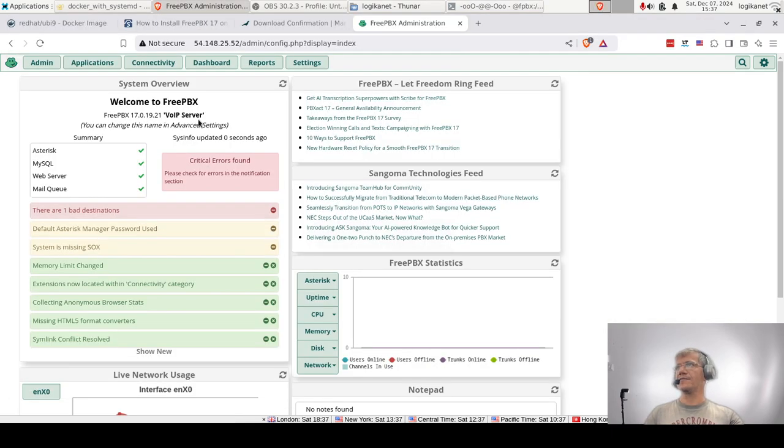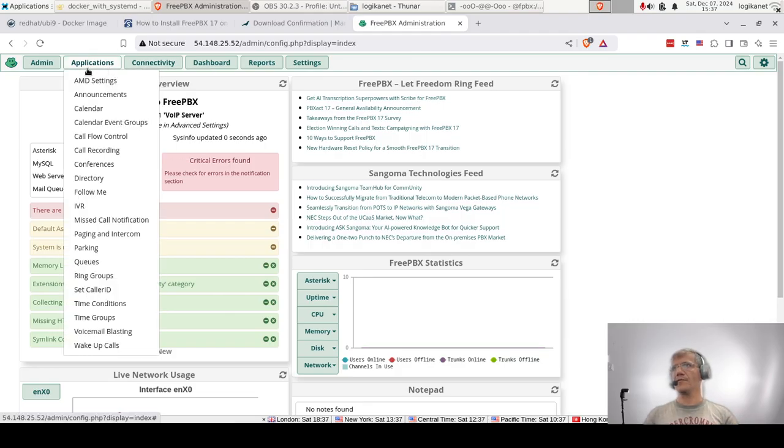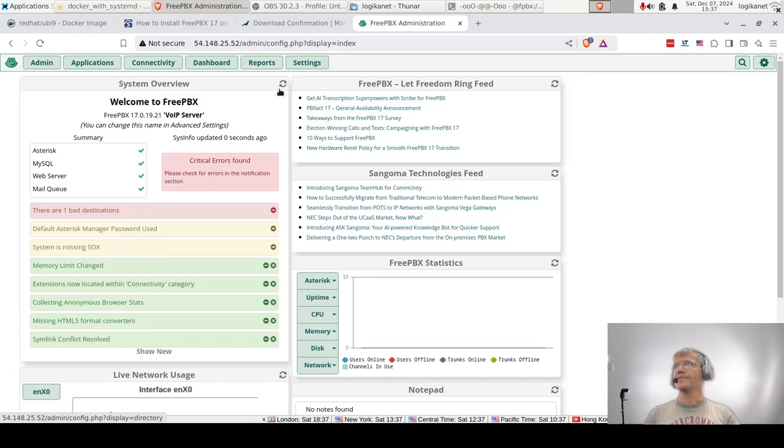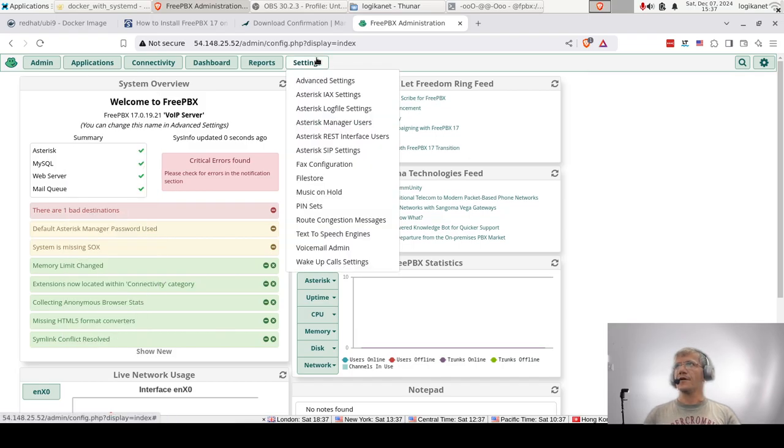But yeah, there are some things here that you might use socks to configure some of the dial plan. But for now, we're gonna skip that and go here to settings and Asterisk SIP settings,